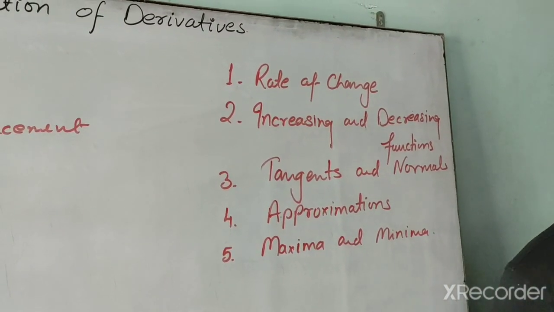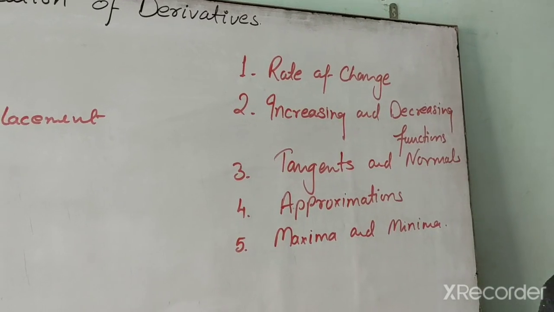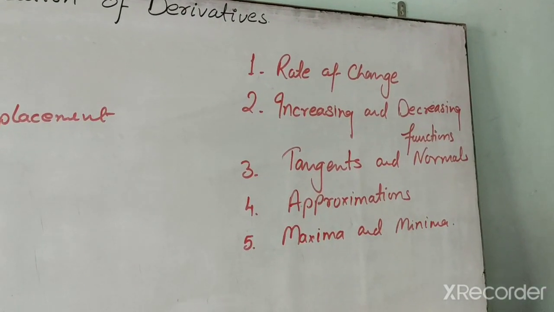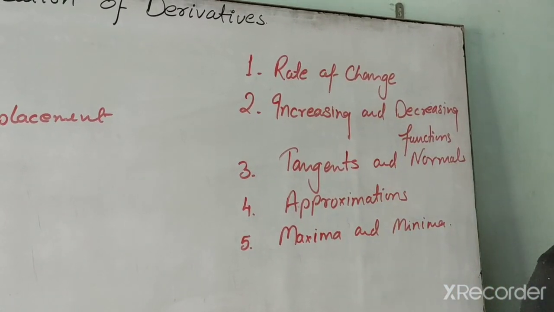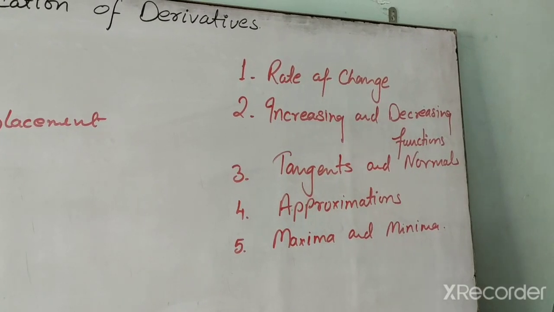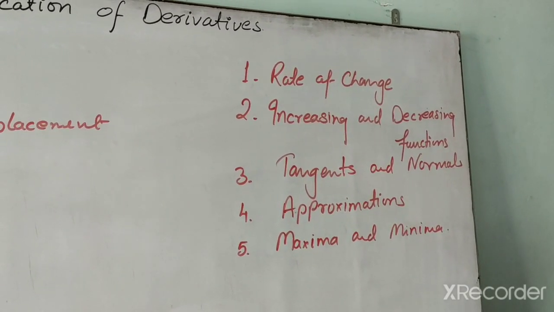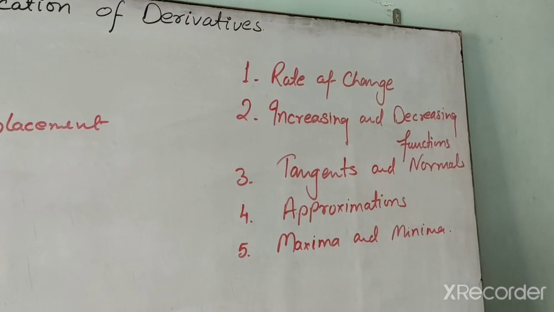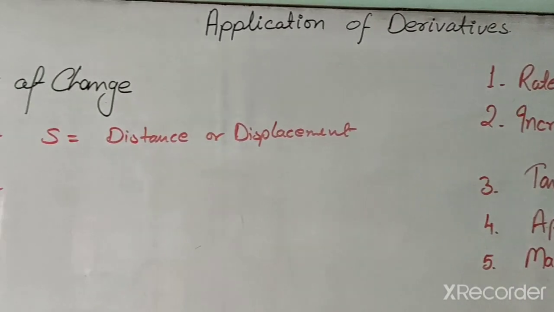approximation of different quantities we are going to calculate in this topic, and last, the most important topic of the chapter is maxima and minima. Individually we can say each one is one chapter. Now I am going to correlate it with a topic which you have studied in class 11th, 10th as well as in class 9th in the physics also. So that topic we are going to do.